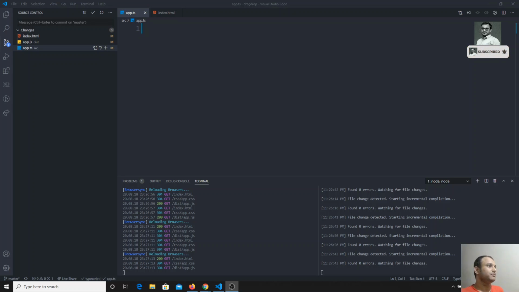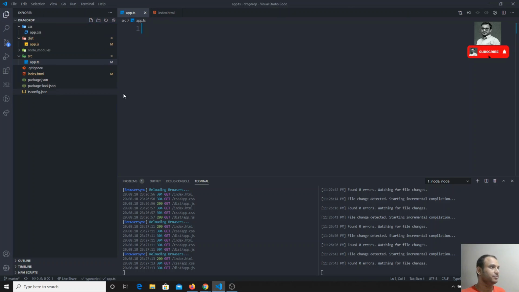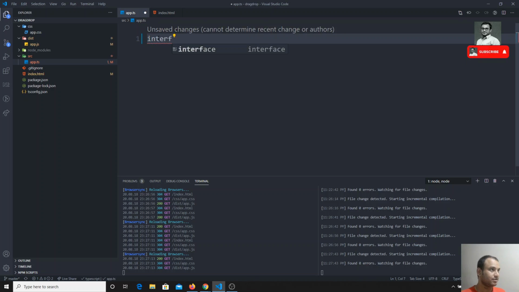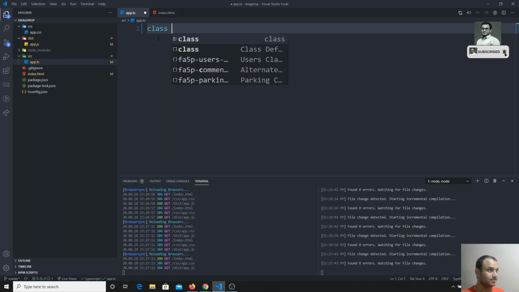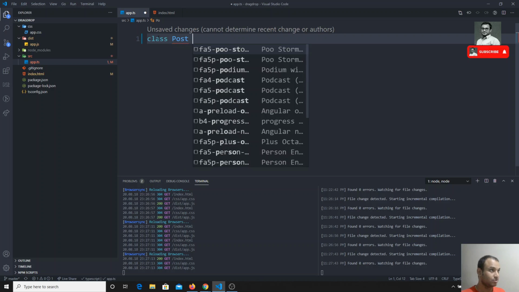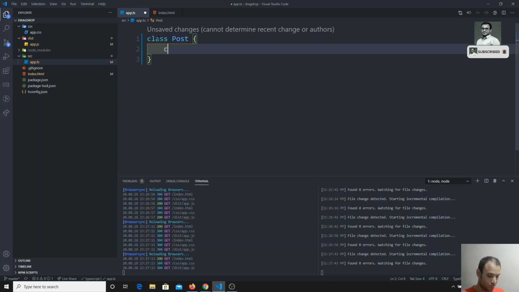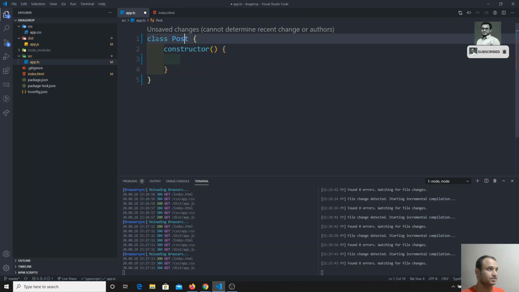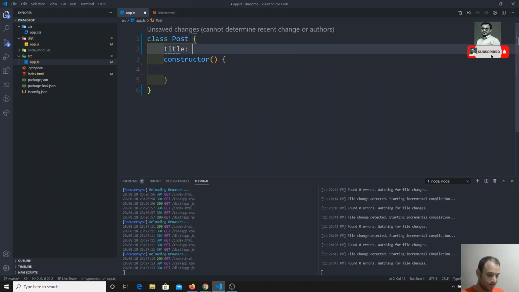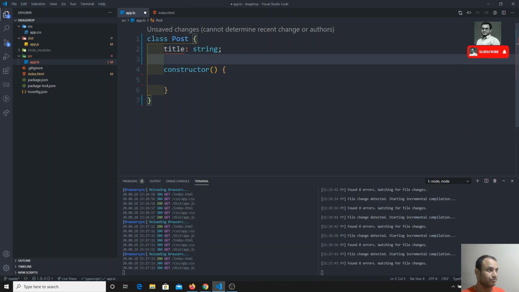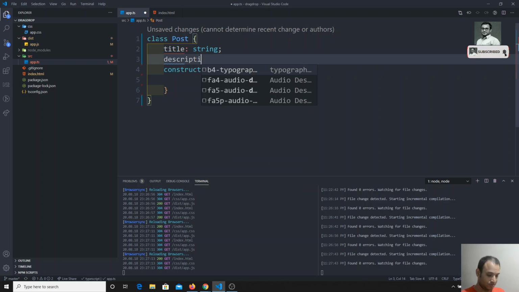For example, here you can see this is the app.ts file. Let's say I have a class Post with a constructor. Here I will have title of type string and description of type string.